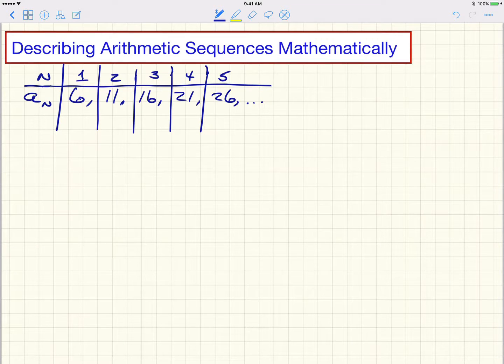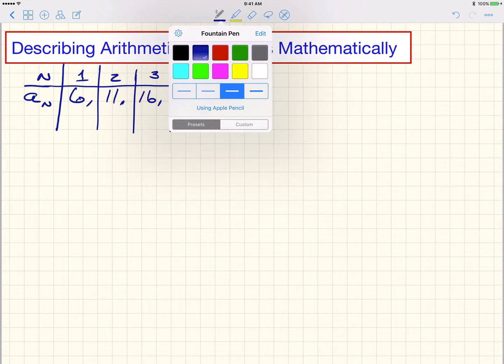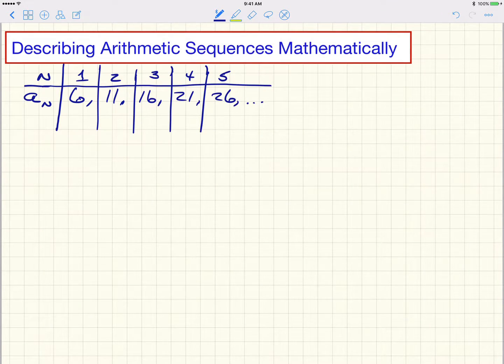Usually, the easiest thing to do is to say, okay, the individual values in each sequence, so a sub n equals, and we're going to start at a specific value. So a sub n equals the first value of the sequence, we'll call it a1,